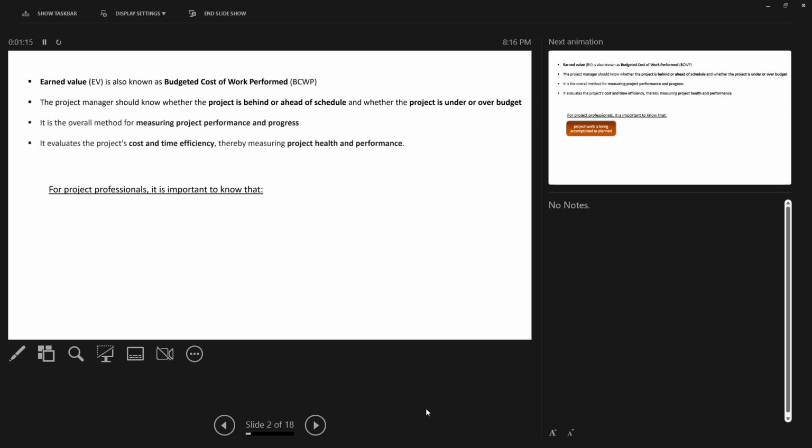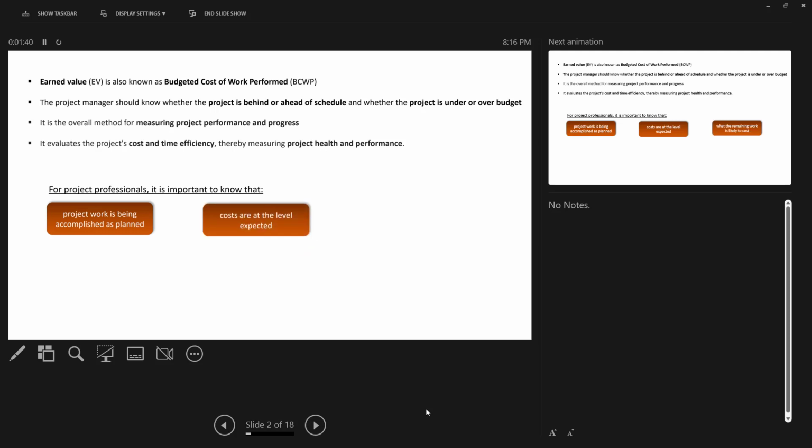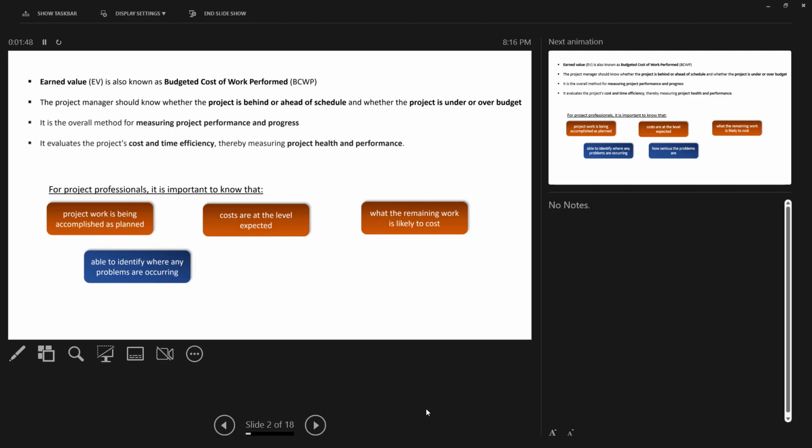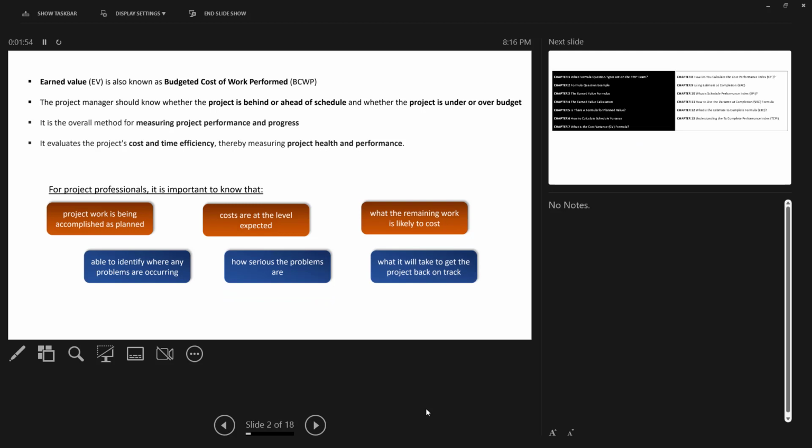So the project manager is able to see how ahead or behind schedule you are, or how over or under budget you are. You get to measure both of it. It helps you evaluate cost, efficiency, health, and performance of the project in general. For professionals, you get to know if project work is being accomplished as planned, if the costs are at the level expected, what the remaining work is likely to cost, where any problems are occurring, how serious the problems are, and